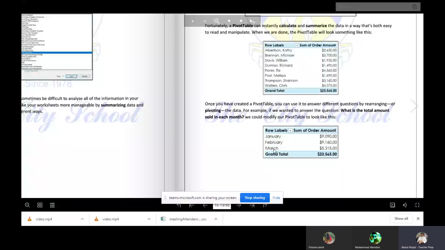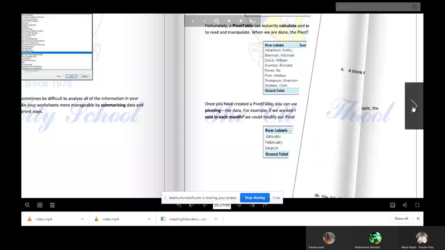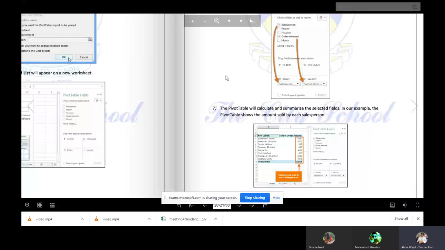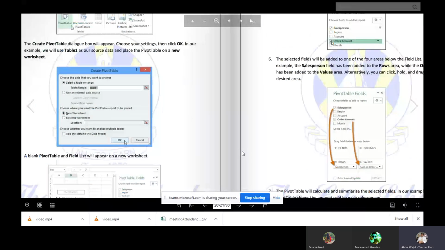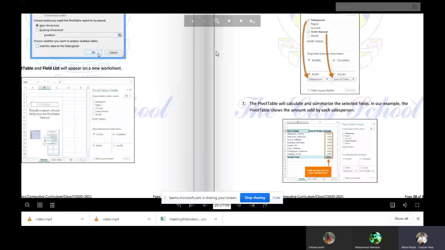Each month will show the total amount. Let's go through how we will use it. If you are facing a problem, you will go through this book and the recording. Okay, now I want to go and perform that. How will we perform?